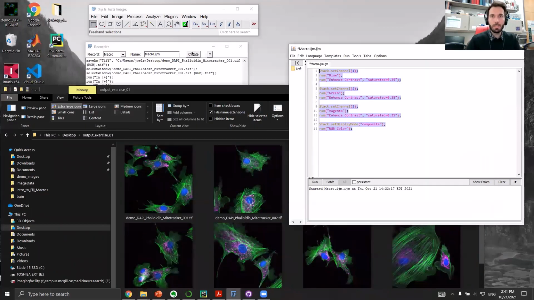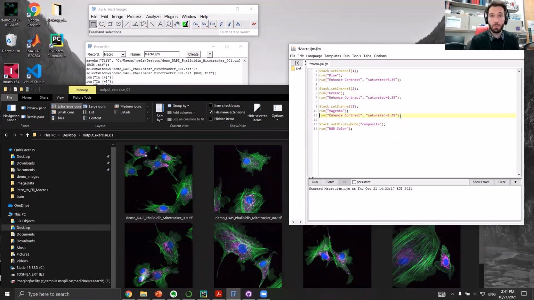I guess a couple of little things to point out. We can do a little bonus thing. So right now we copy pasted from the recorder. This works because our images have 3 channels. Where it might fail is if you have images that do not have 3 channels, because it will not be able to find, for example, channel 2. If you have a single channel image and you say, hey, set channel to number 2, it will throw an error that it can't find channel 2. So this is where you might have to do a little bit of adjustment, if you have other images that only have 2 channels, well, you could either